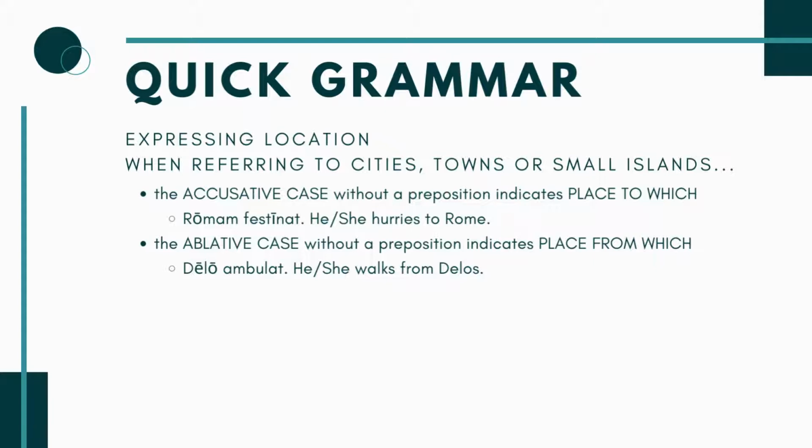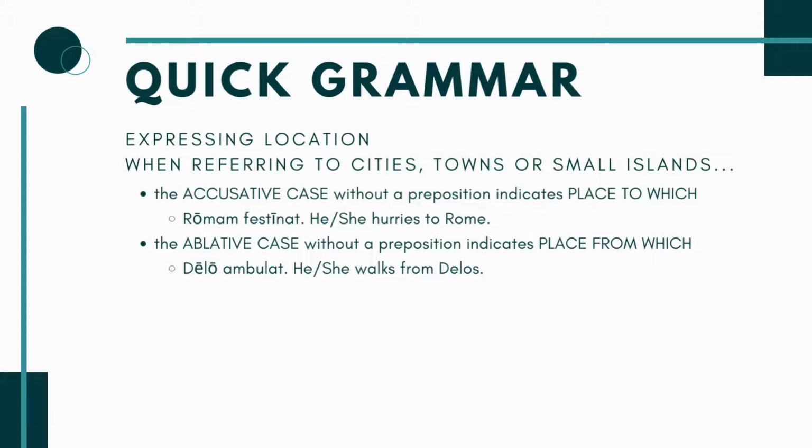Since you're talking about the name of a town or a city here, it's expressing motion toward, right? The place to which you are going, is kind of the idea. So you don't need the preposition ad here. You can just put Roma in the accusative, Romam, and it's expressing something very similar. So it's not too difficult to figure this out.